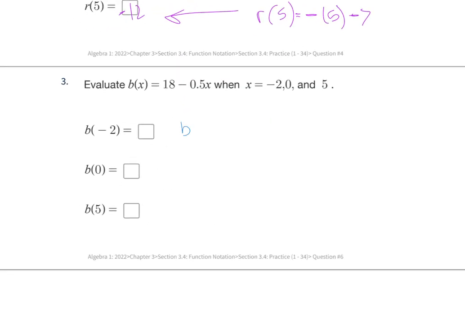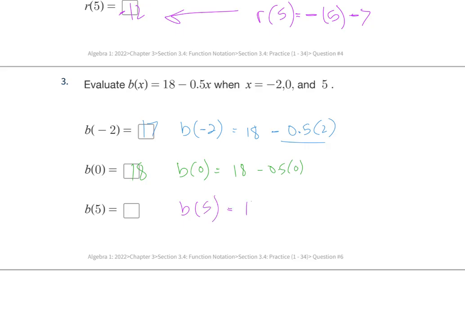B of x. b of negative 2 equals 18 minus 0.5 times negative 2. Well, if you double 0.5, that's 1. 18 minus 1 is 17. B of 0 equals 18 minus 1/2 times 0. That's 18. And last, we have b of 5 equals 18 minus 1/2 times 5. So 5 halves is 2.5. 18 minus 2.5 is